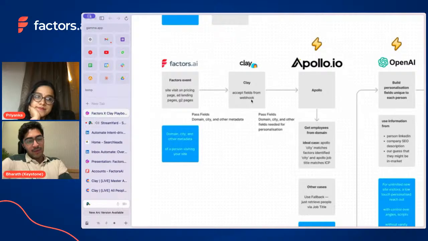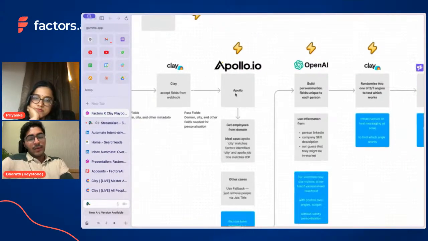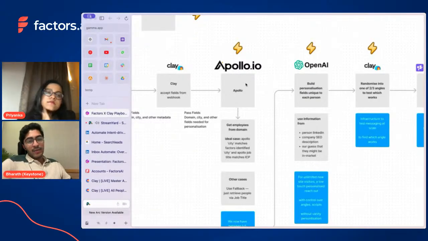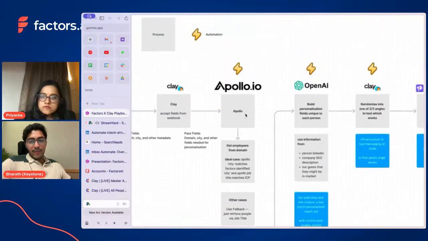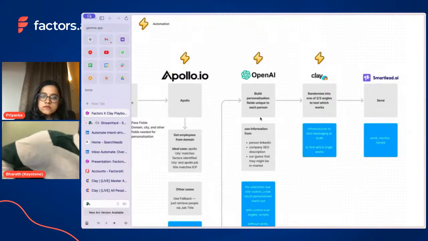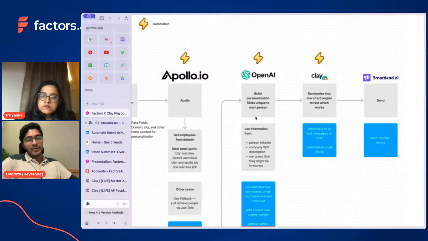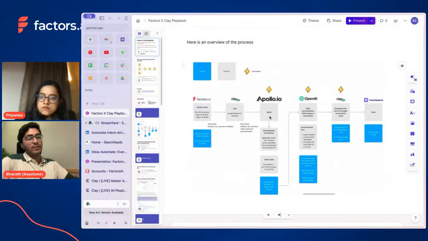A company enters that segment, we push it to Clay. I've left it as Apollo, but as I'd shown you earlier, we're pinging multiple data providers in order to get some reliable contact data. And then if you have personalized AI phrases for tiny strings, you would use OpenAI or Claude to fulfill that request. Then you can pipe it back into Clay and push it to your email outreach tool. So this is a very simplistic, high-level overview.